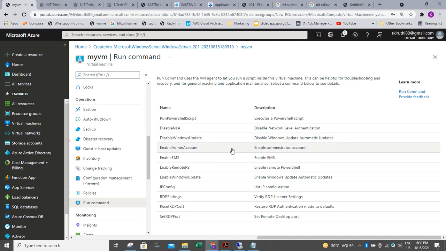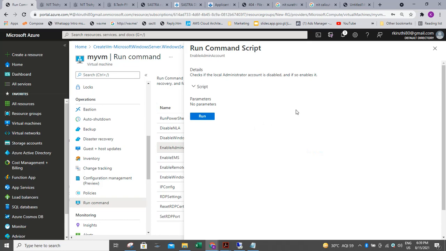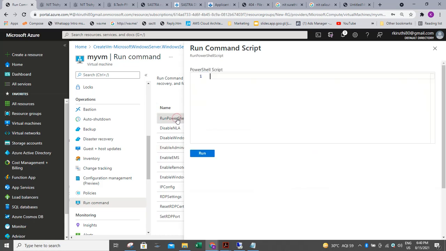Enable admin account, all these activities, by giving the appropriate command, we can do it here. So we have to give the script and we have to run it.